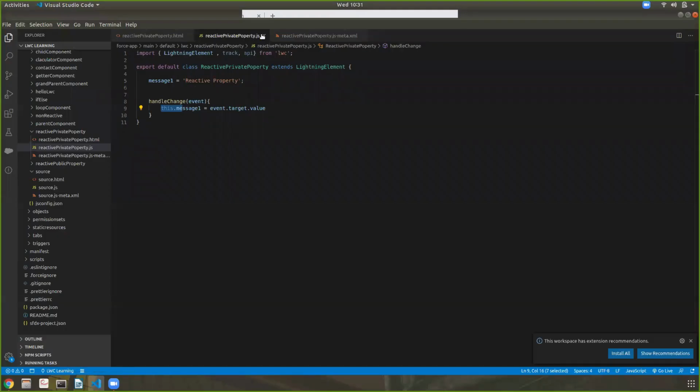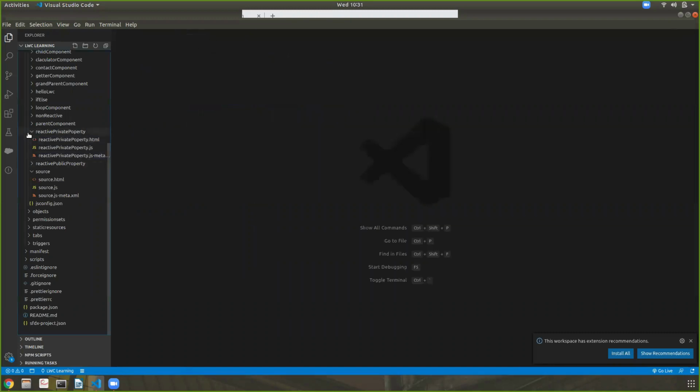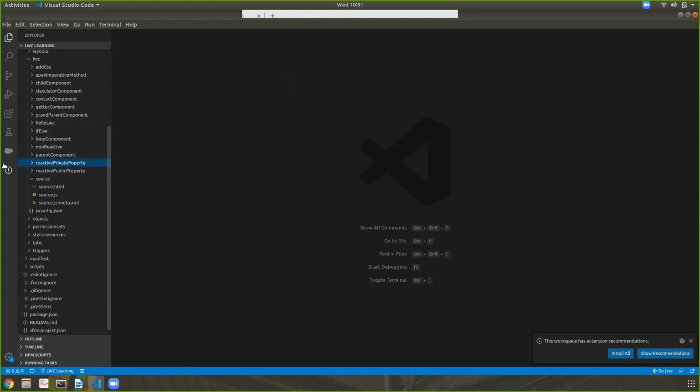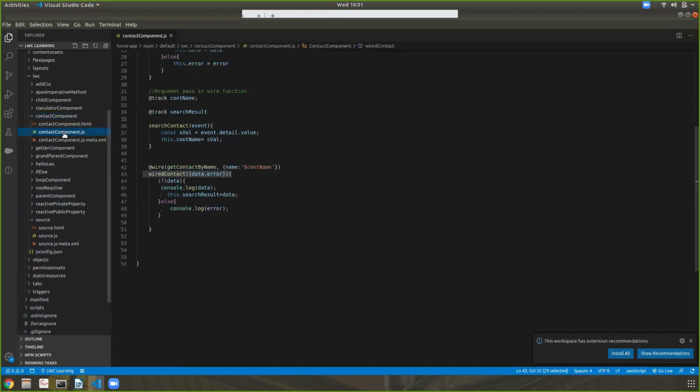So let's remove this, and I made a component for this. I think I made a contact component for this.